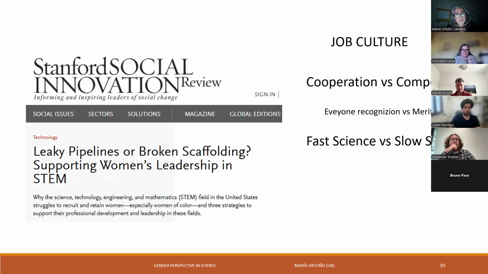Important thing would also be this idea of women leadership. I think we have to start changing our mind and not claiming that much for this leadership, this competition, and more claiming for a more, they say science is a sport team. In sports we have leaders, but maybe they rotate. So another job culture, another way to work. Of course, you can have more responsibilities if you have more knowledge, but it's an invitation to question the hierarchy